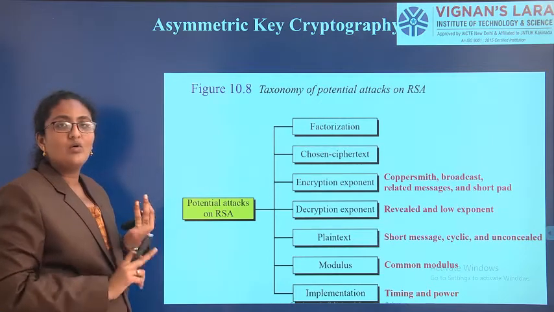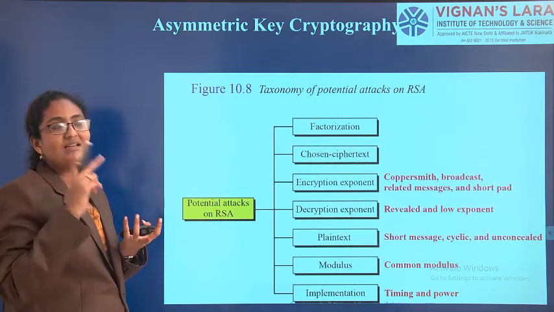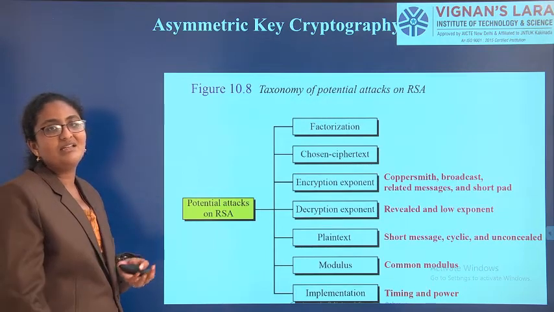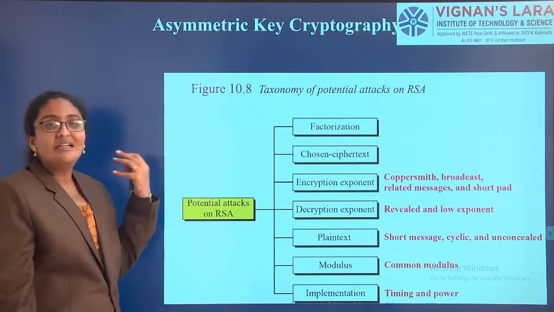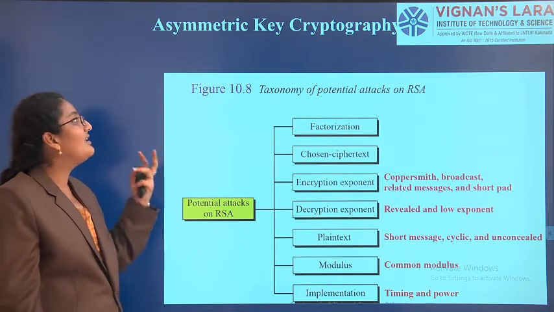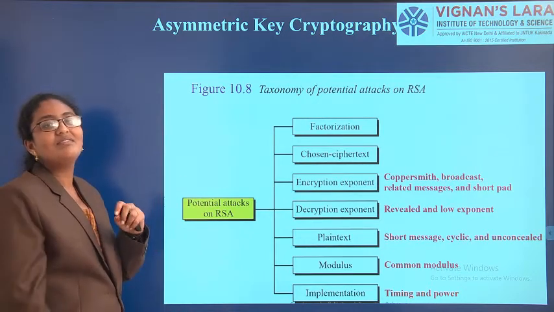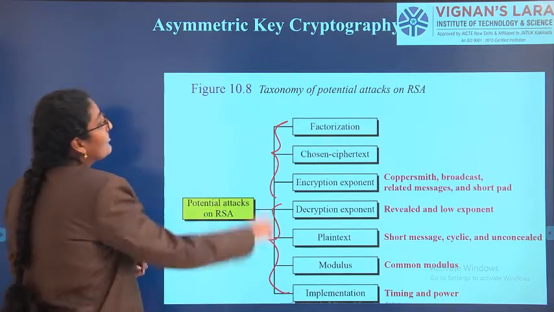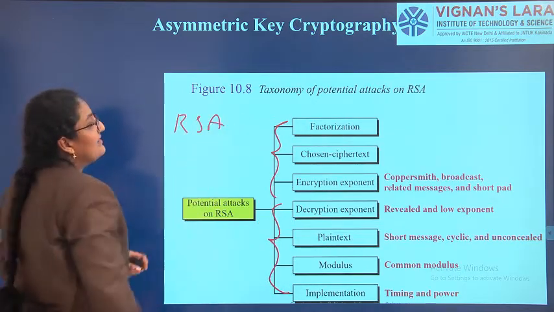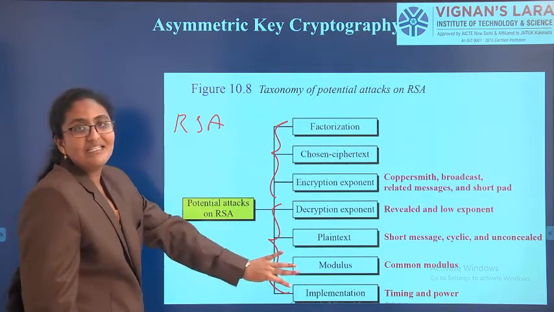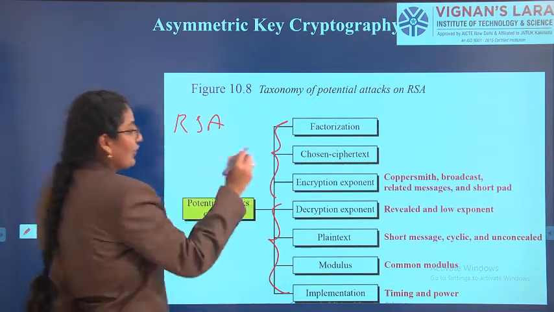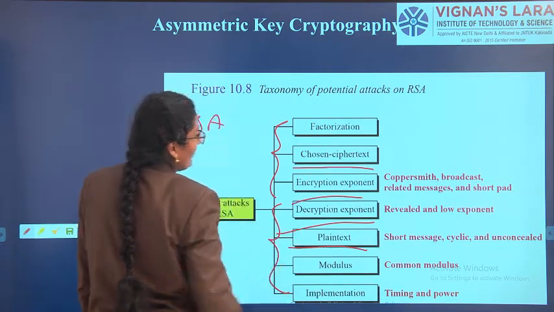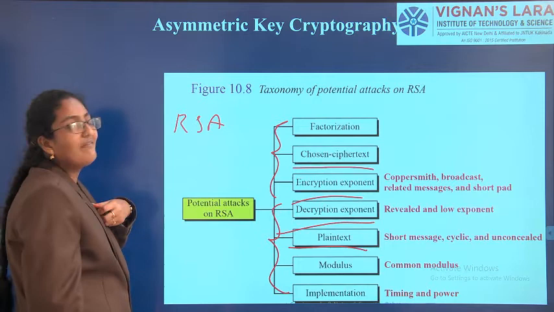RSA is more secure, RSA is more potential, RSA is highly secured. When compared to DES and AES, we are going for RSA. It is an example of block cipher and it can provide security. Even then, we can expect a sort of attacks on RSA also. In this class, see what are the attacks we can have in RSA and what is meant by chosen ciphertext, plain text, decryption, encryption, exponential. Explanation we will have in the next class.